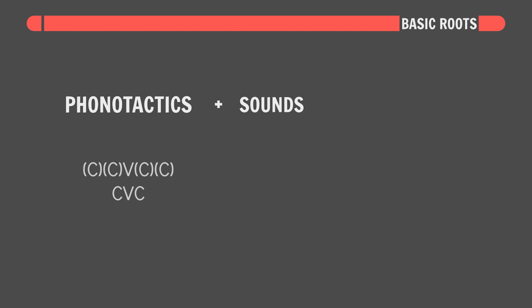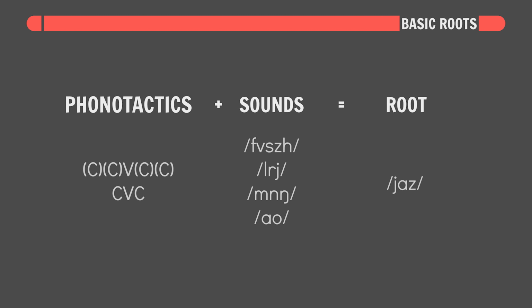To reduce my options, I try to think symbolically. What sounds remind me of running water? For me, that's fricatives, liquids, and nasals, and vowels like a and o, as they feel deep and wide, like a river. Compare a and o to e. More on sound symbolism later. Anyways, with my choices limited, I start mashing together sounds until I get a basic root I'm happy with.